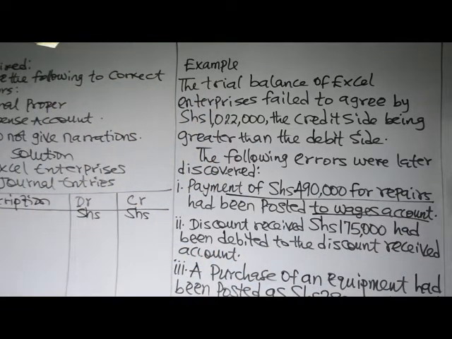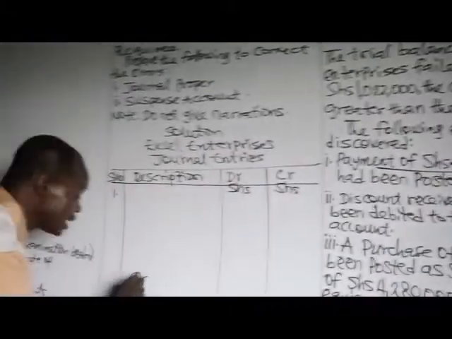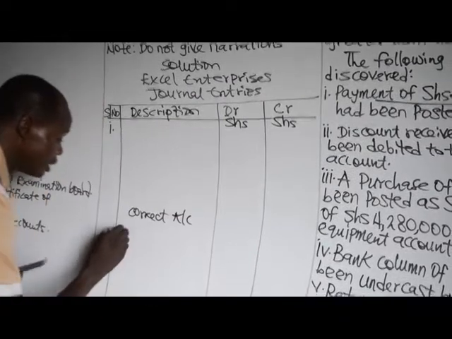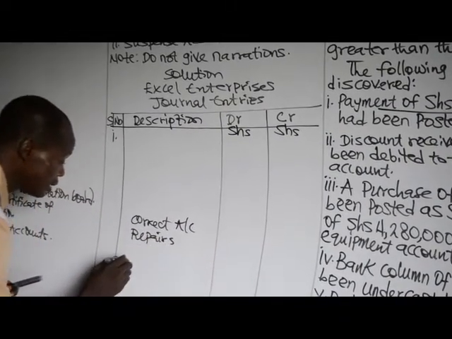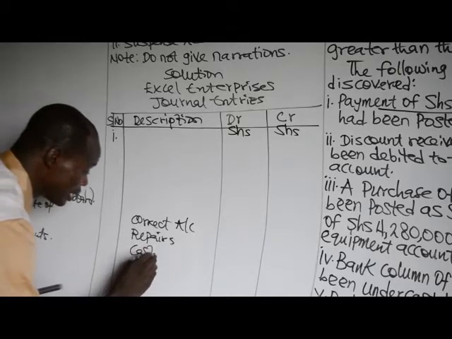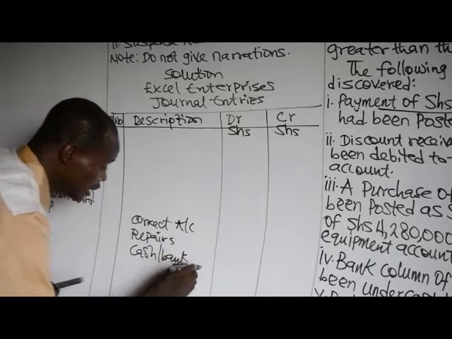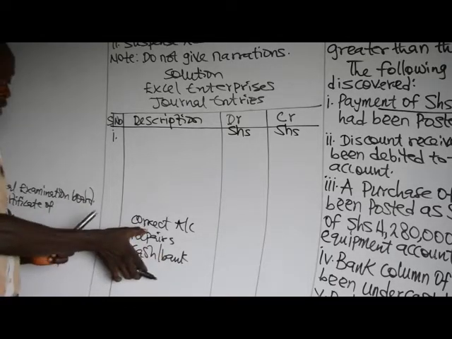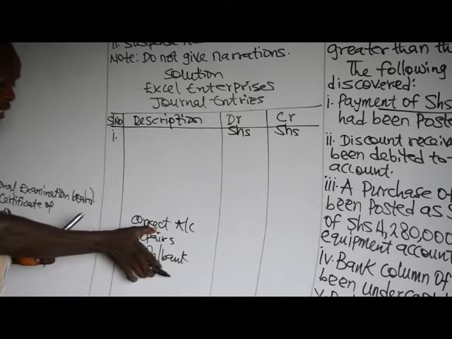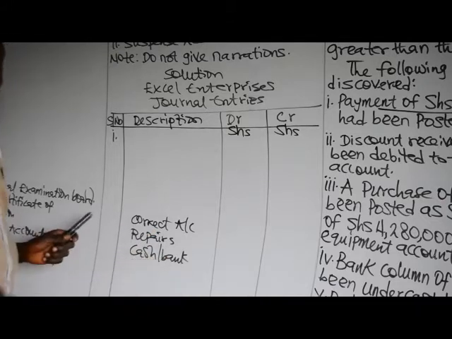You know the correct account: this ought to have been recorded in repairs account and cash or bank account, since it is a payment. This transaction ought to have been recorded in repairs account and the cash book, but